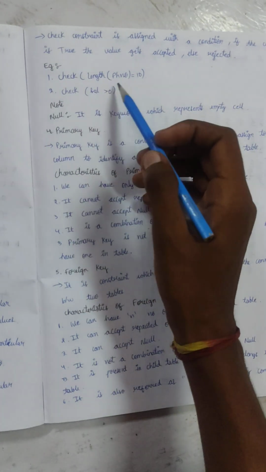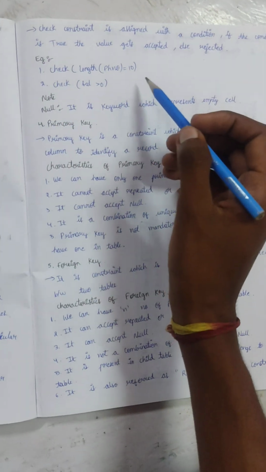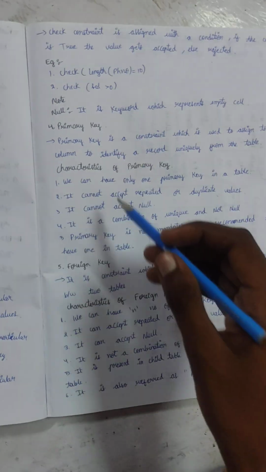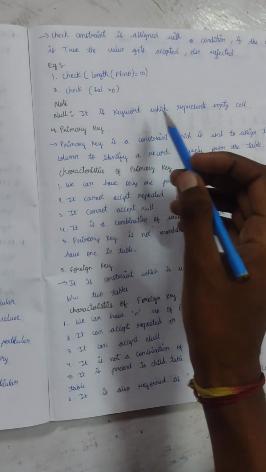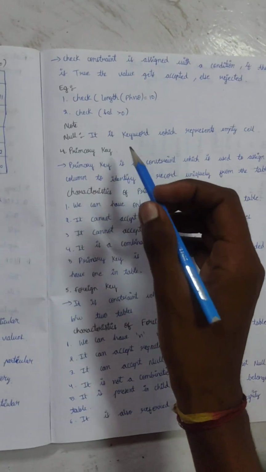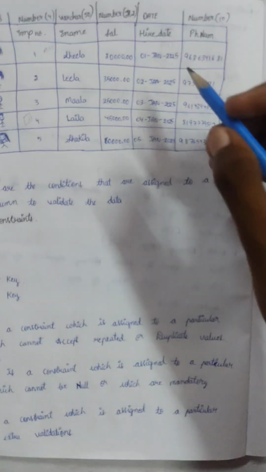Example: check of length. For a phone number, I said it must be 10 digits. If the length is equal to 10, then it can be accepted. Note: NULL is a keyword which represents an empty cell. Null is referred to as a keyword, and it is used to represent the empty cell,